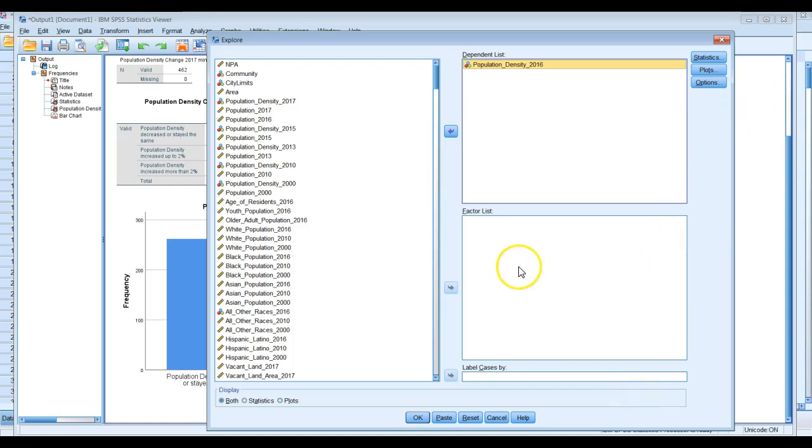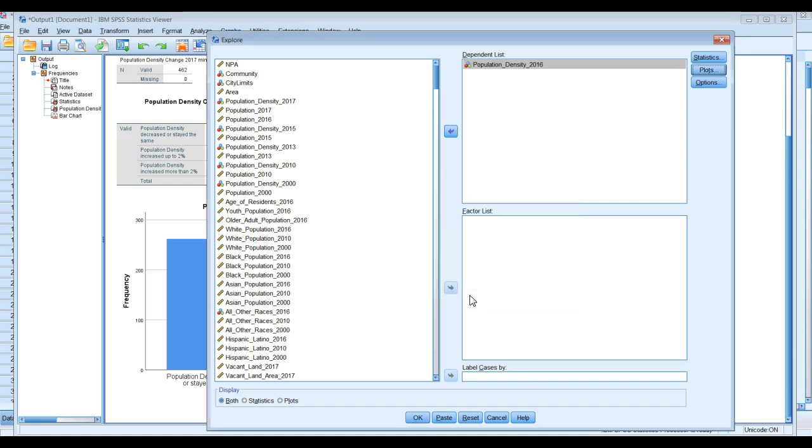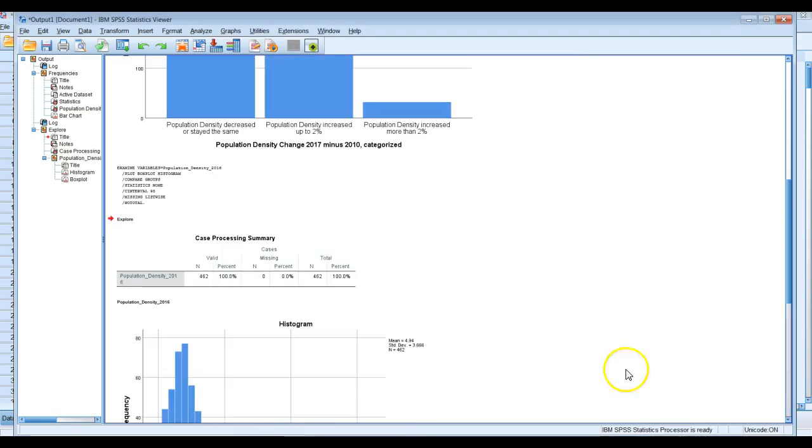We're not going to put anything in either one of these boxes. Now under Plots, we're going to turn off the stem and leaf, and we're going to turn on the histogram. We turned off the stem and leaf, we turned on the histogram, and then we click OK. You can do the statistics also if you want to, but let's just turn off the statistics and look only at the plots. So if we click OK,